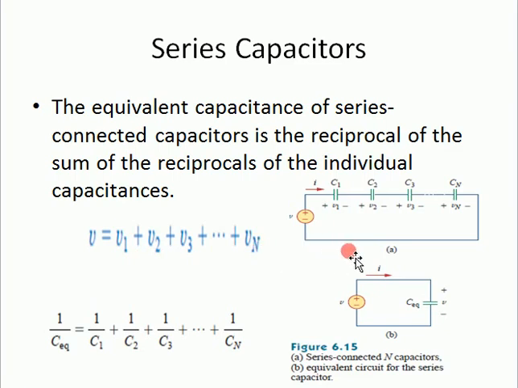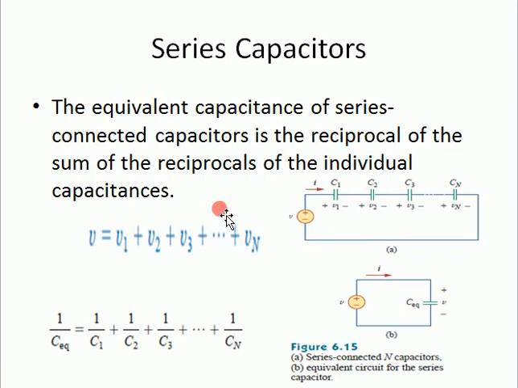And when we say that current remains the same, then it means in a series circuit the charge remains the same. When we are discussing capacitors, we say that when capacitors are connected in series, the charge remains the same. But when the capacitors are connected in parallel, the charge is divided between the branches.